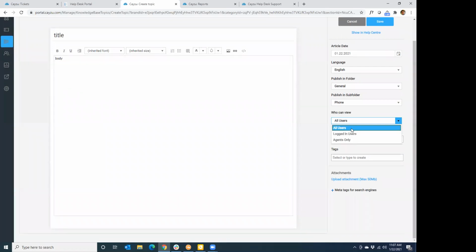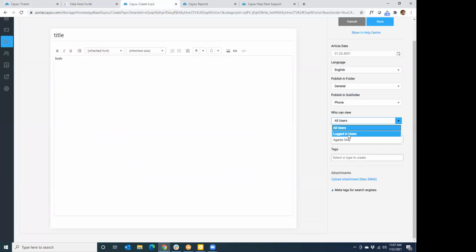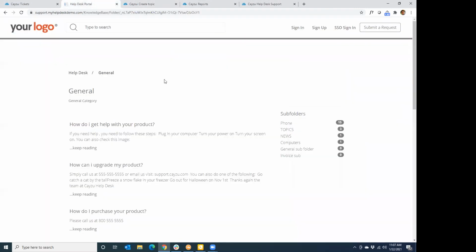Okay. Now, another concept as well is the view level. So this is basically the permission of the article, and I point this out because it's important. So the first option would be all users, meaning anybody that browses your end user portal would be able to see those knowledge base items, right? Logged in, okay, you're going to force the user to sign in. Again, one of those sign-in mechanisms. And the most important one, and the one I want to highlight, is the agents only. So the agents only will permission this article to only be seen by agents, okay? Meaning that your users, anybody coming here, would not be able to see